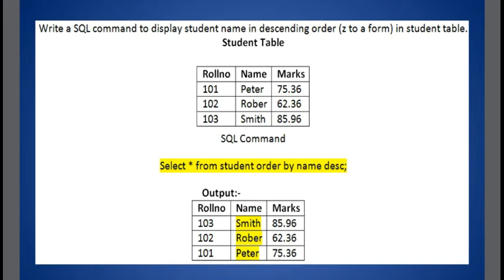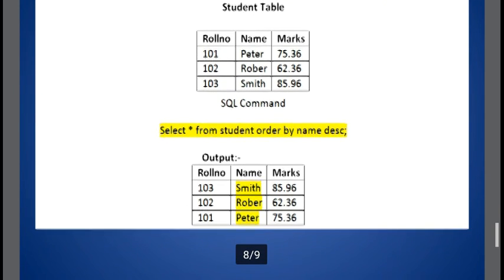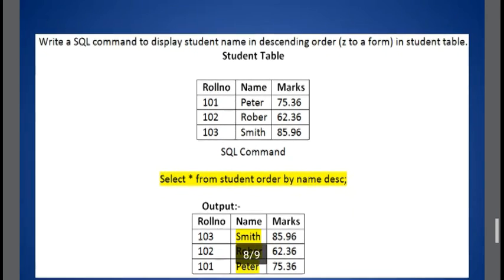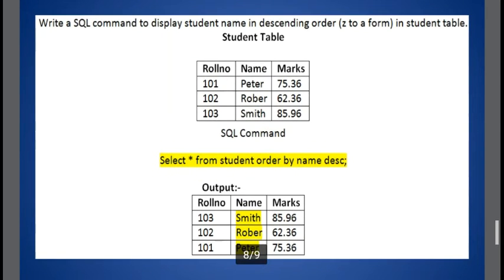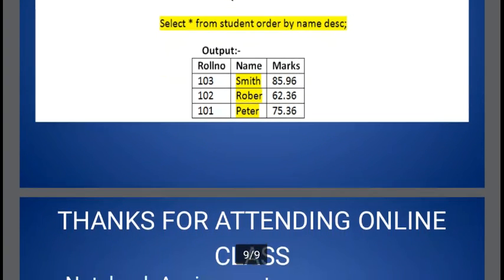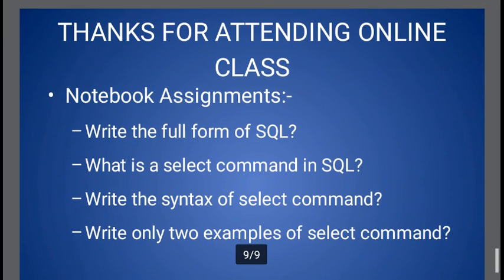So today I discussed the select command in its various styles. For all the records we must use star. For selected columns we use select, then column 1, comma, column 2. To show selected rows we use where. To show data in a range we use between. To show data in ascending or descending order we use order by, then the column name, then ASC for ascending order and DESC for descending order.